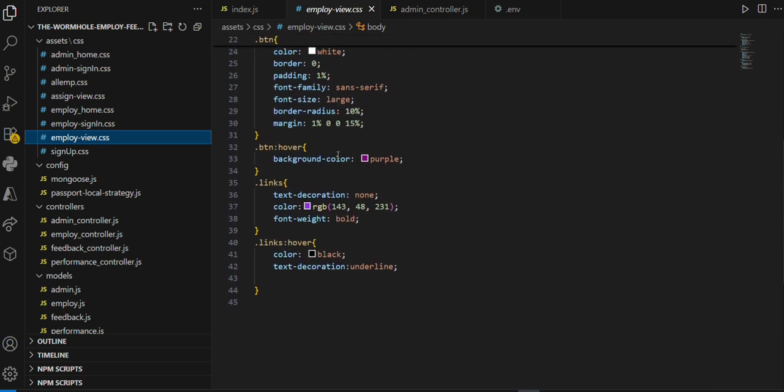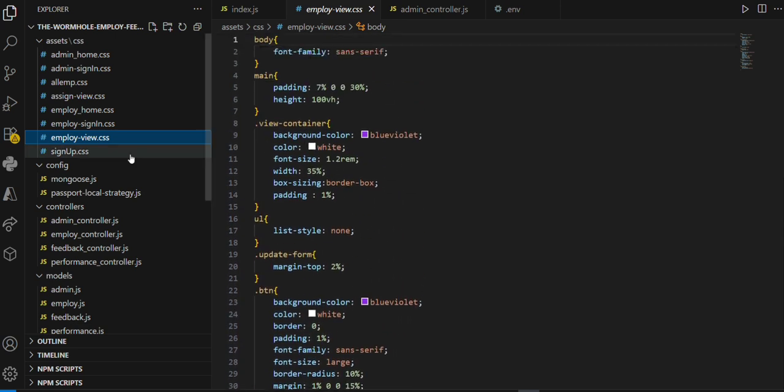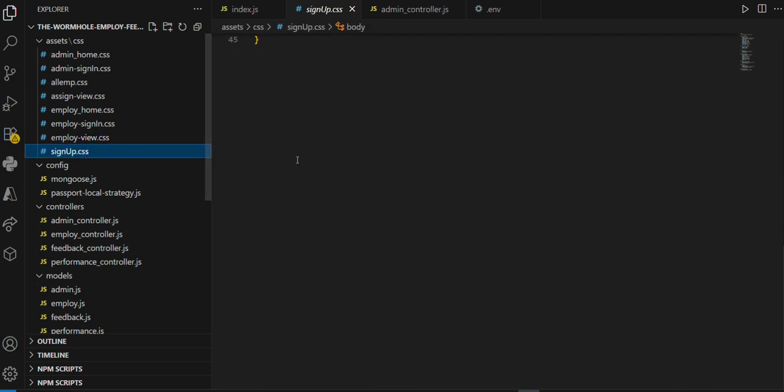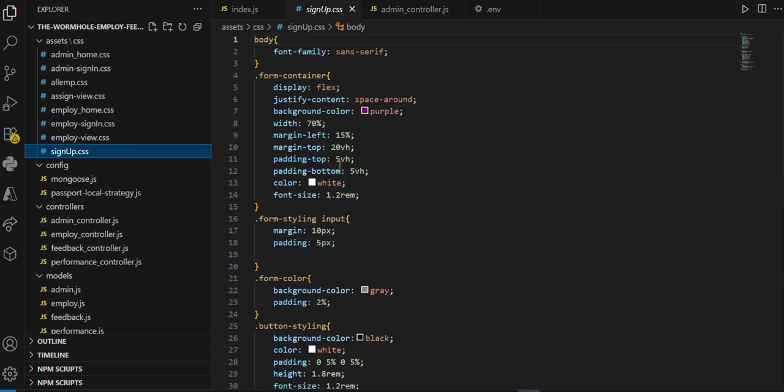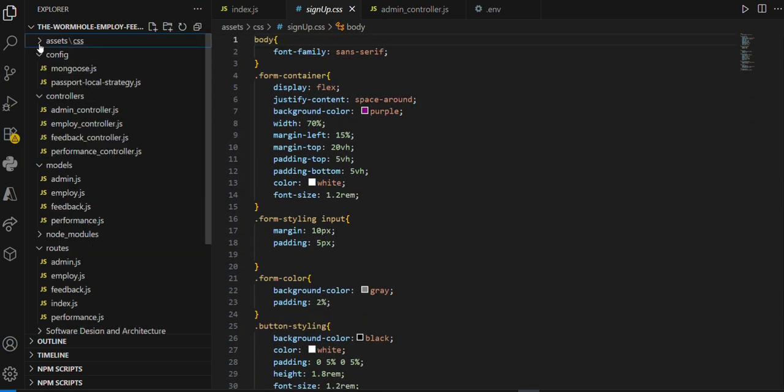See, all these are the stylings of the CSS of assets configuration. Yeah, sign up page CSS, and then